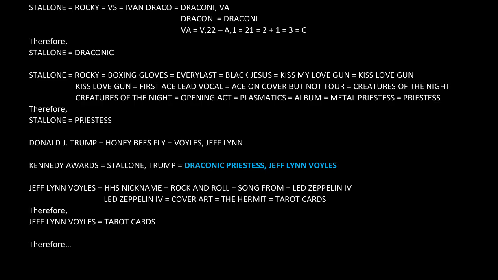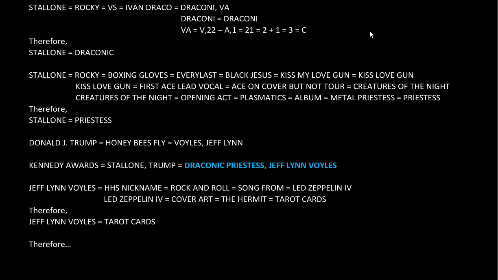So when Trump gave an award to Sly Stallone, also known as Rocky, he was creating a connection of Stallone through fighting Ivan Drago with boxing gloves was a reference to Ivan 0135, and Trump through the honeybee flying toward him in the viral videos, Jeff Lynne Voiles. So Stallone and Trump together become Jeff Lynne Voiles, Ivan 0135. All right, so